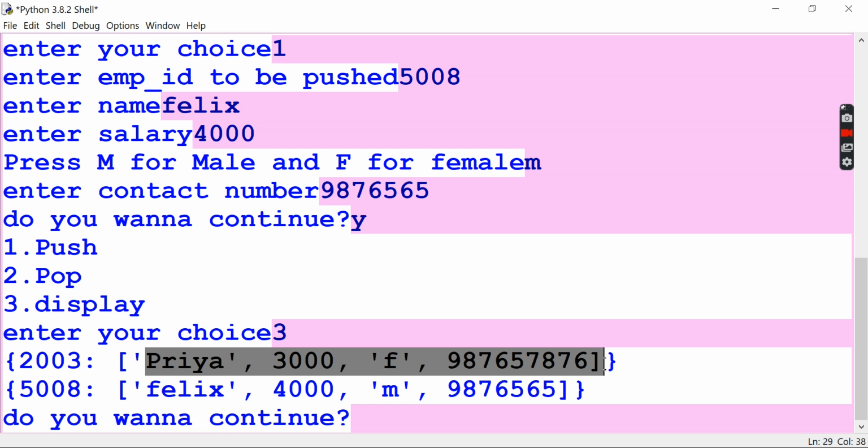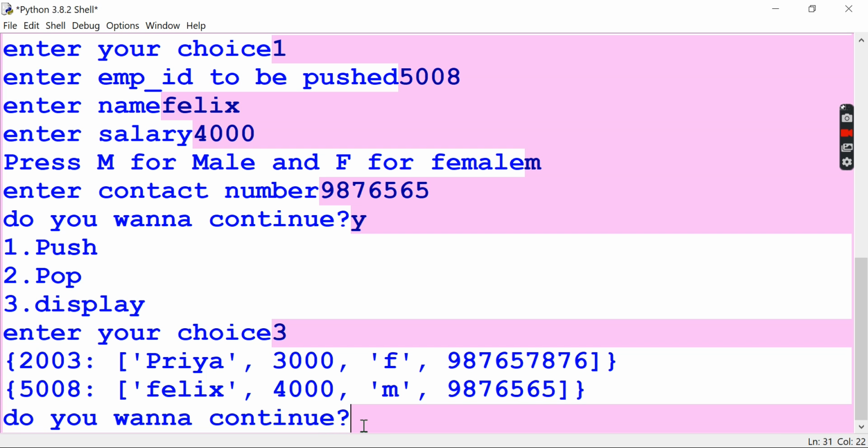You can save any user ID, like a student ID can be given, and the student name, his date of birth, his address, his contact number, his marks, everything, total, average, everything can be stored in a single list item. Okay, and you can save this as a dictionary and print it like this. So if I want to continue, I can print yes.